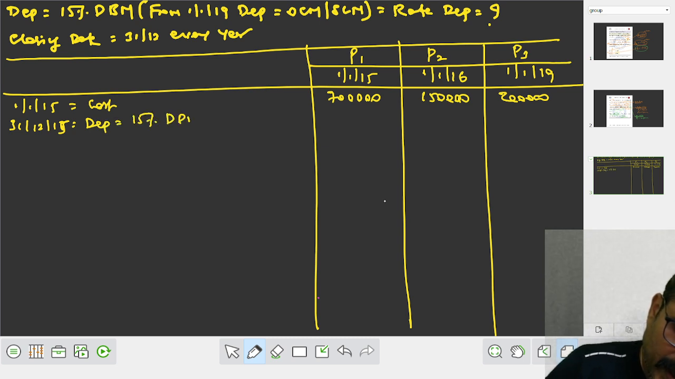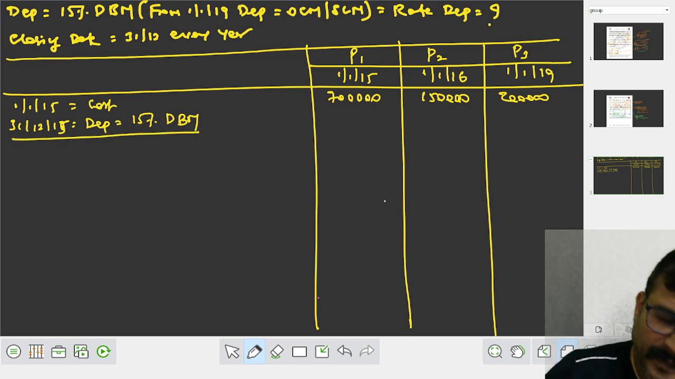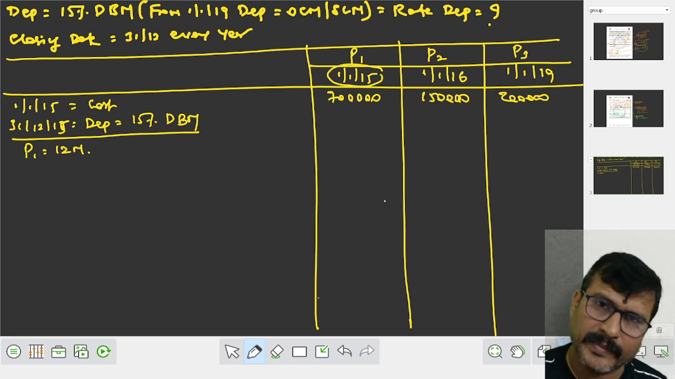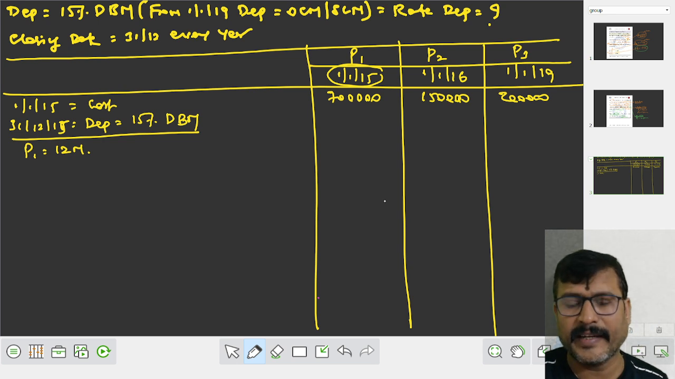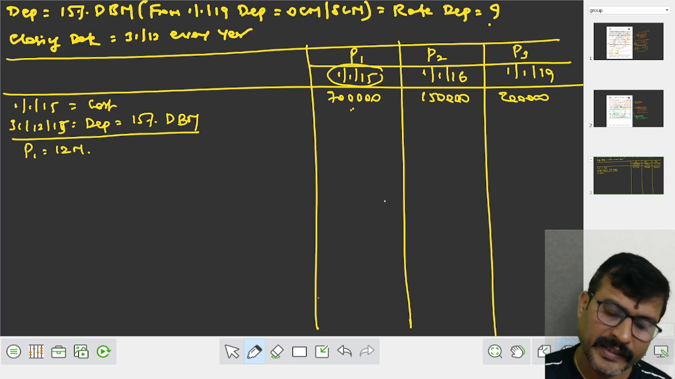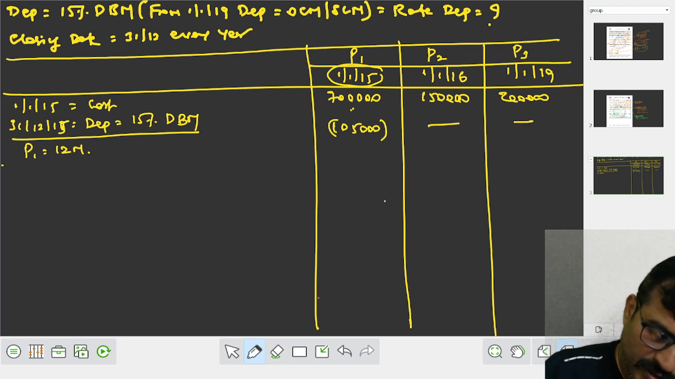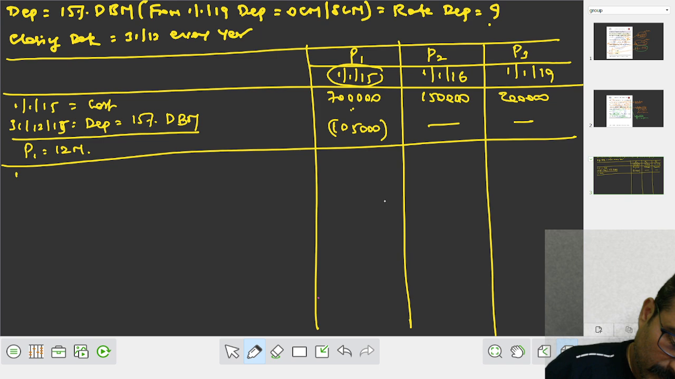Depreciation 15% under DBM method. What plant do we have? We have plant 1. For how many months? For 12 months, because purchased on January 15, closing on December 15. Take the calculator: 7 lakh into 15% into 12 by 12, it comes to rupees 1 lakh 5,000. Now on January 16 we are getting a balance. It comes to rupees 5 lakh 95,000,